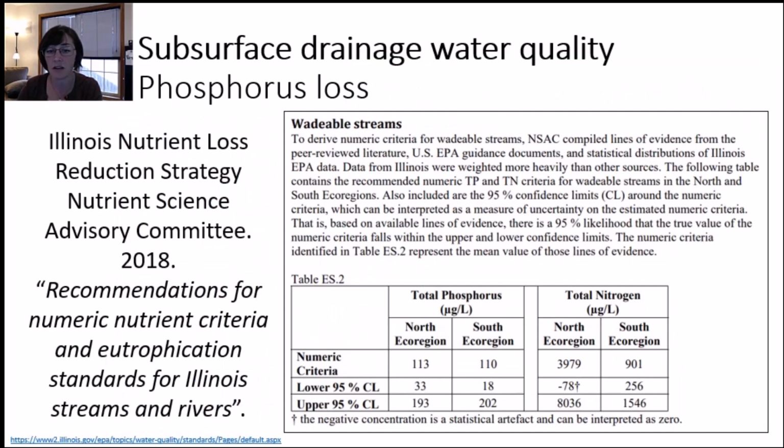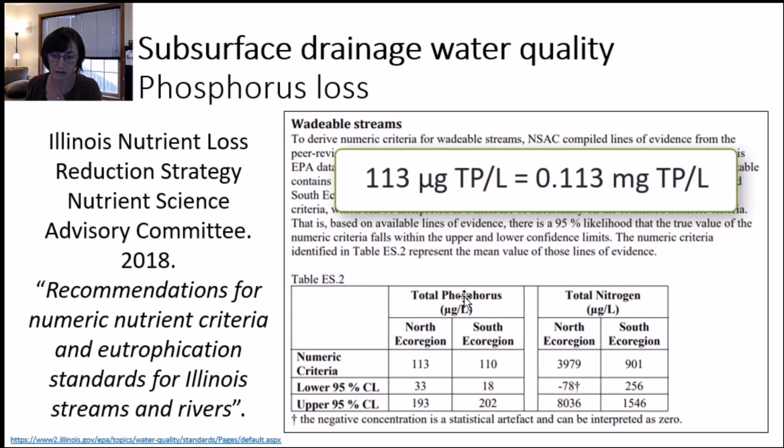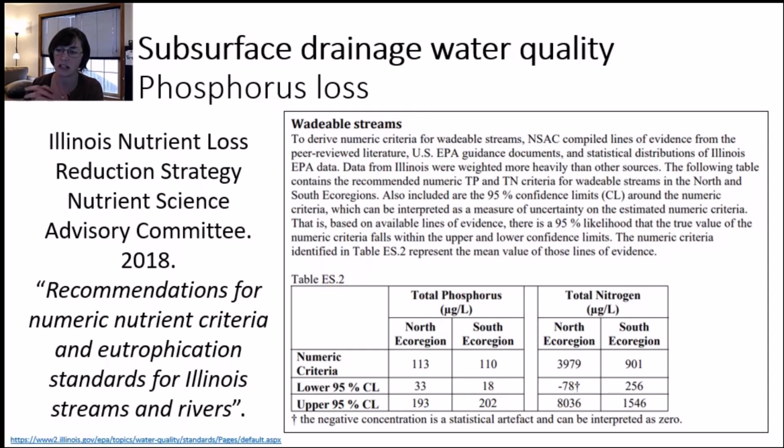We can also talk about the Illinois nutrient criteria, which was developed as a result of our nutrient loss reduction strategy process. In milligrams per liter here, rather than micrograms per liter, our total phosphorus criteria are around 0.11. So our median value across that survey of literature for total phosphorus concentrations was again 3 times higher than the recommended criteria here in Illinois. One last note about phosphorus criteria, there is no phosphorus maximum contaminant level for drinking water. Excess phosphorus in our bodies is typically readily excreted and does not pose a health risk. So there is no phosphorus drinking water criteria. There is no phosphorus MCL.